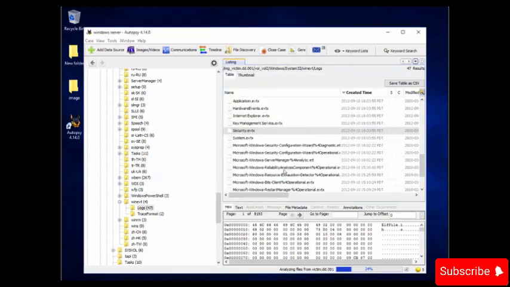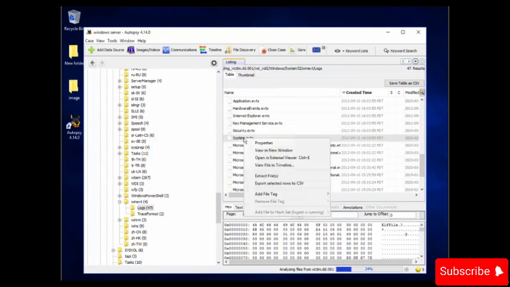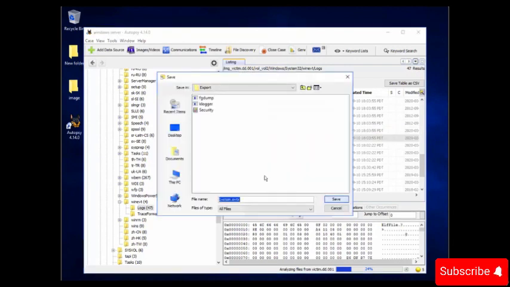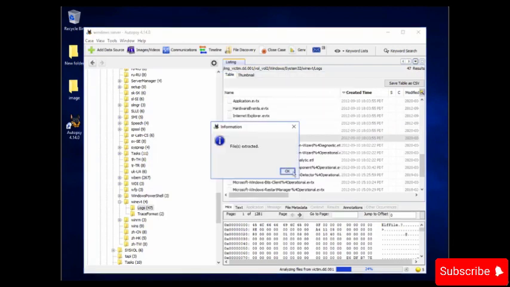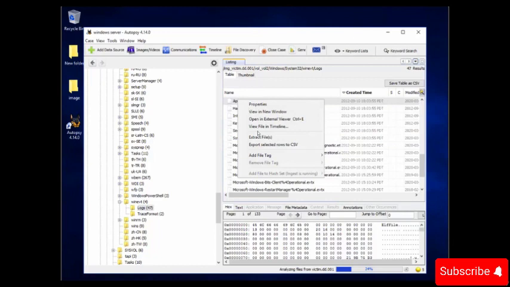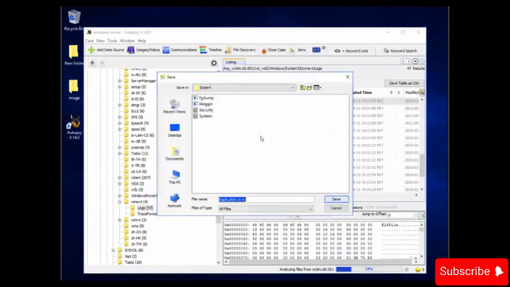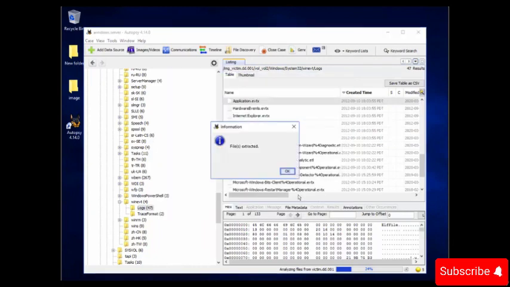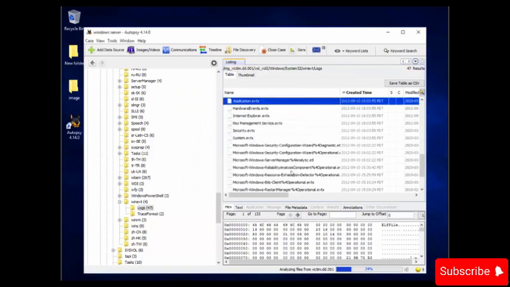Now repeat the same process for system, and now for application. Done.